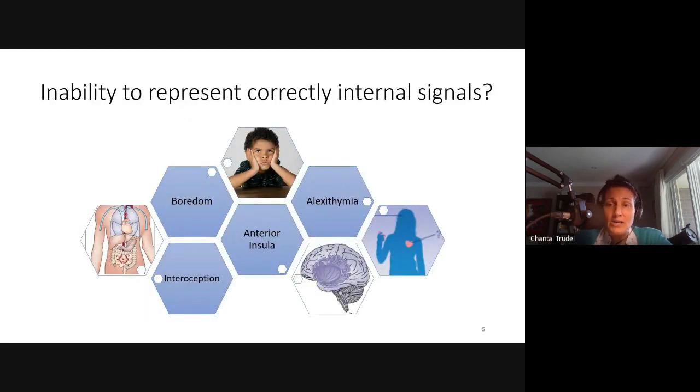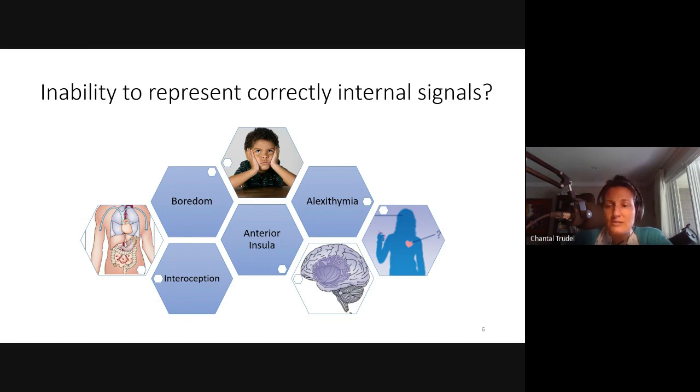So again, why look at interoception when you investigate boredom? If you put all the pieces together, we saw that boredom is associated with the anterior insular cortex, which is down-regulated when boredom is induced and up-regulated when you're trying to escape boredom. Boredom proneness is associated with alexithymia, which is the difficulty to recognize emotion. Alexithymia can result from extensive damage to your anterior insula, and interoception, the processing of internal body sensations, involves the anterior insula and is important for predicting and possibly labeling affective and emotional states.